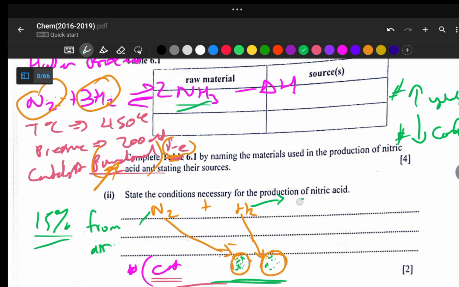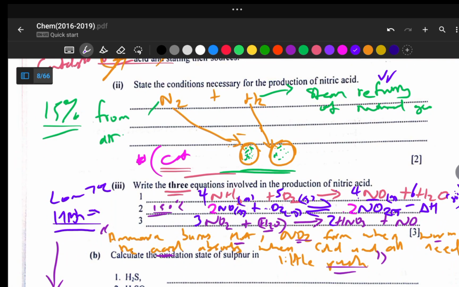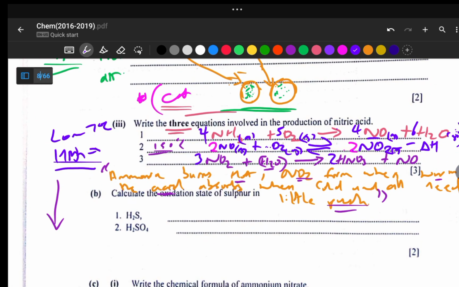We can have steam reforming of natural gas, which is methane. You must also appreciate the effects of this reaction, that it produces carbon monoxide, which is a toxic gas. Are we together? And we can now safely proceed to the next part, which says calculate the oxidation state of sulfur in hydrogen